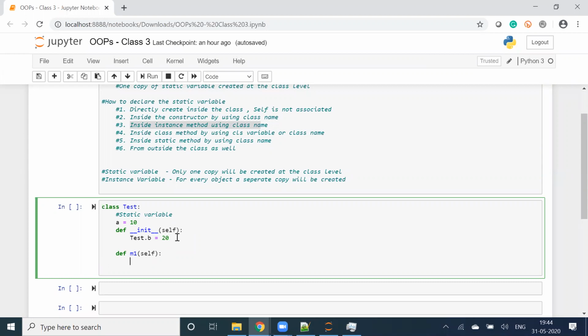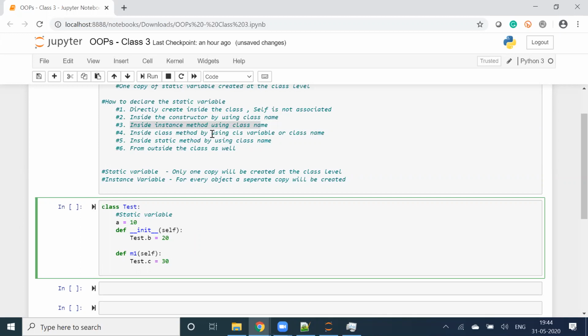Just understand, self we are passing in the bracket, so it is an instance method. In an instance method, how will I be able to create the static variable? By using the class name. My class name is test, so test.c is equal to 30. So this is also a static variable.